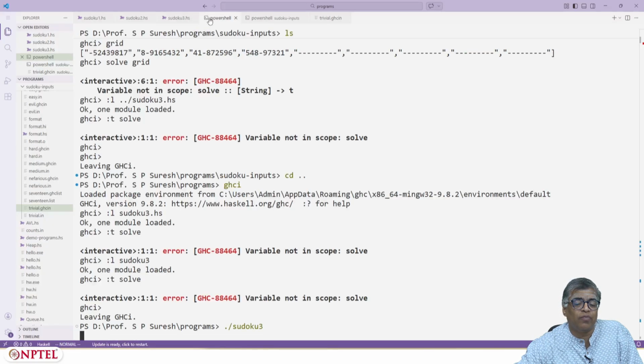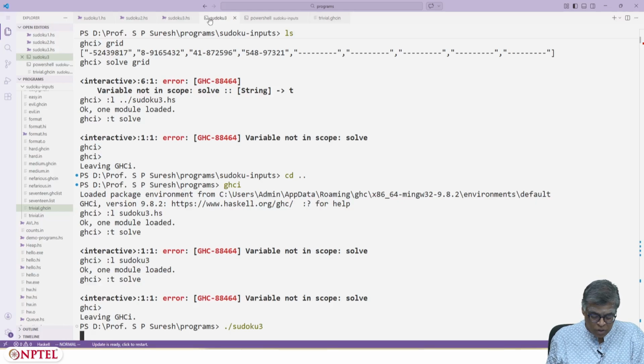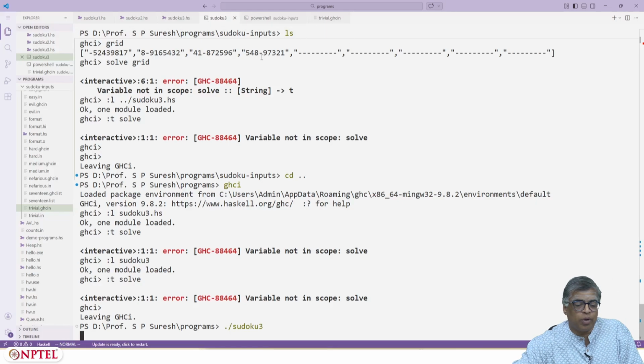We'll have to now give input one row at a time. So I'll have to just copy the same input again.